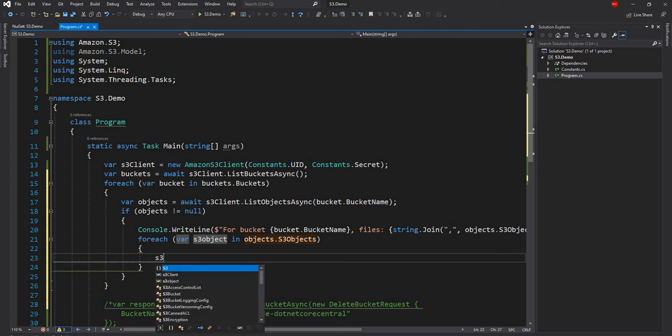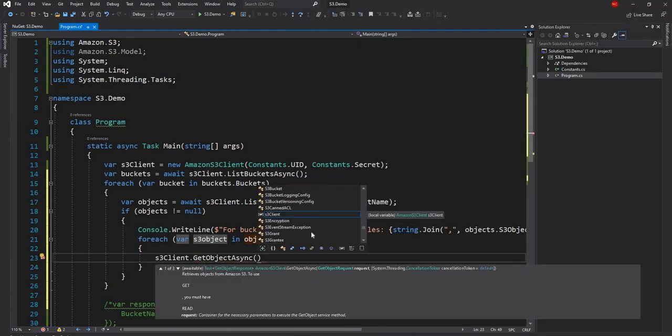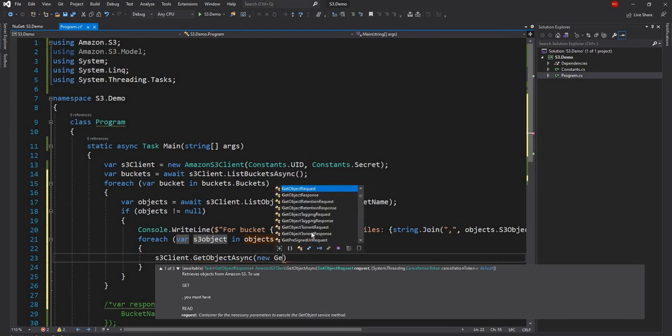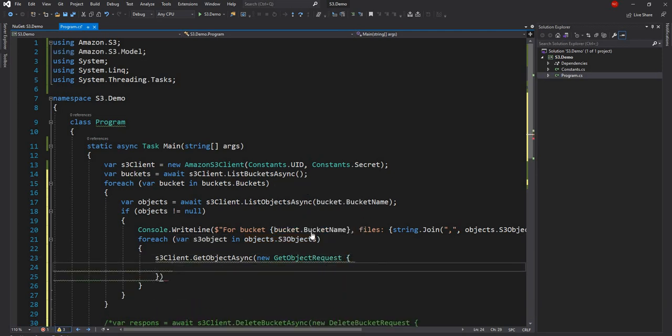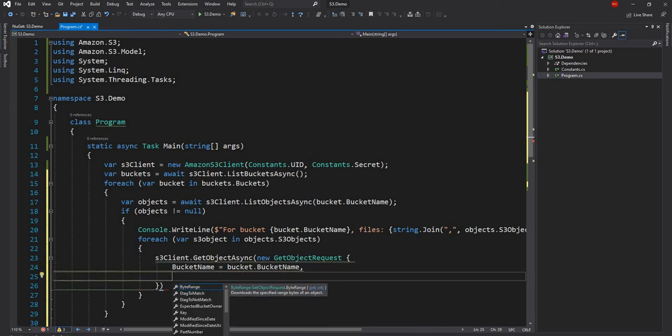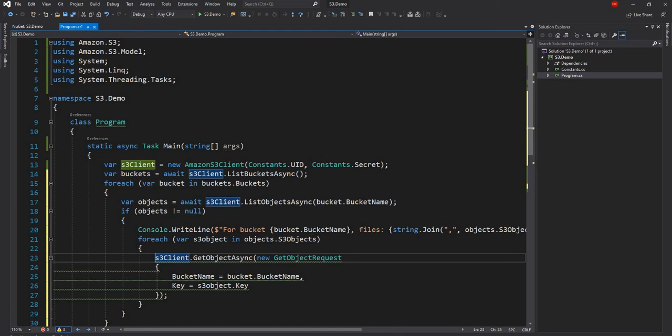Inside of that, I can do s3 client dot get object async, and get object async requires a get object request. So I'm going to create a new get object request, and for it I'm going to pass the bucket name, which is going to be bucket dot bucket name, and the next thing I'm going to pass is the key, and for key I'm going to use the s3 object dot key. So this is all I have to pass, and then here I'm going to say var